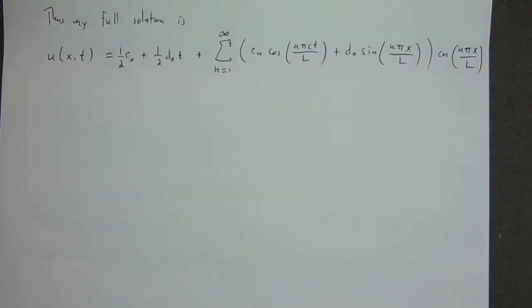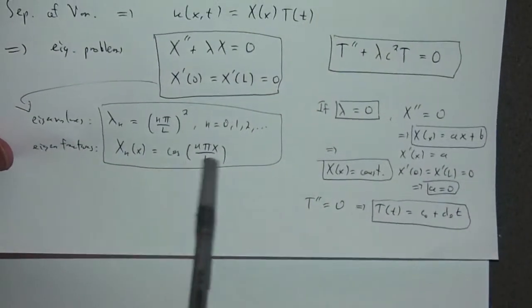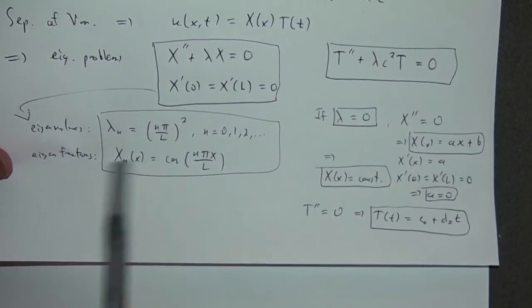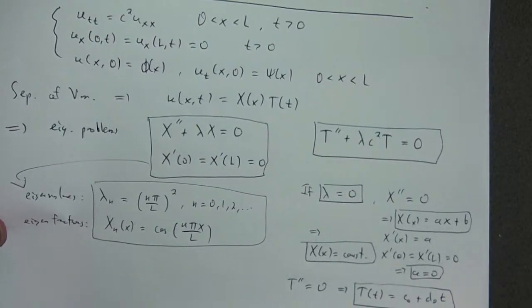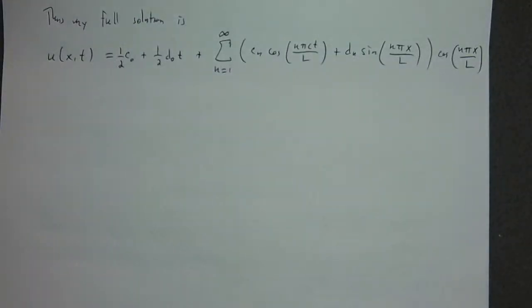Because remember, our eigenfunctions here are cosines for this case instead of sines, right? Okay. So this is my full solution,